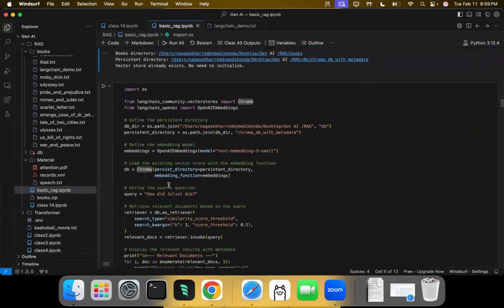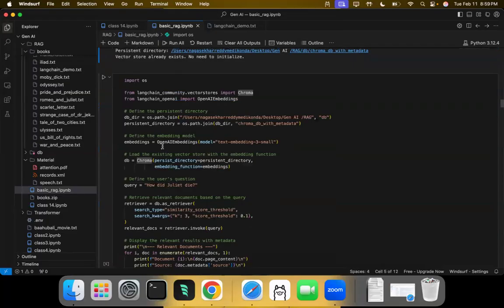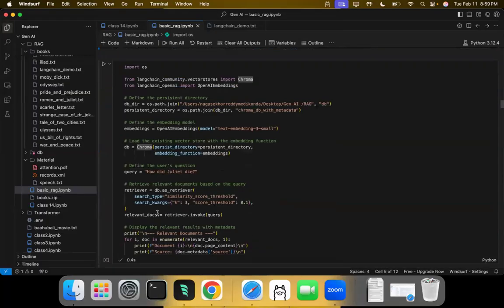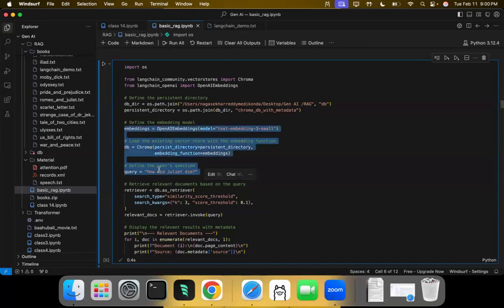Once that is stored, here is the question: how did Julie die? For this question, I want to retrieve the information. What I need to do first is convert this question into a vector, because all the data is stored in the vector database as vectors. So whatever you are passing also needs to be converted into a vector. So I'm using OpenAI embeddings to convert this into a vector,